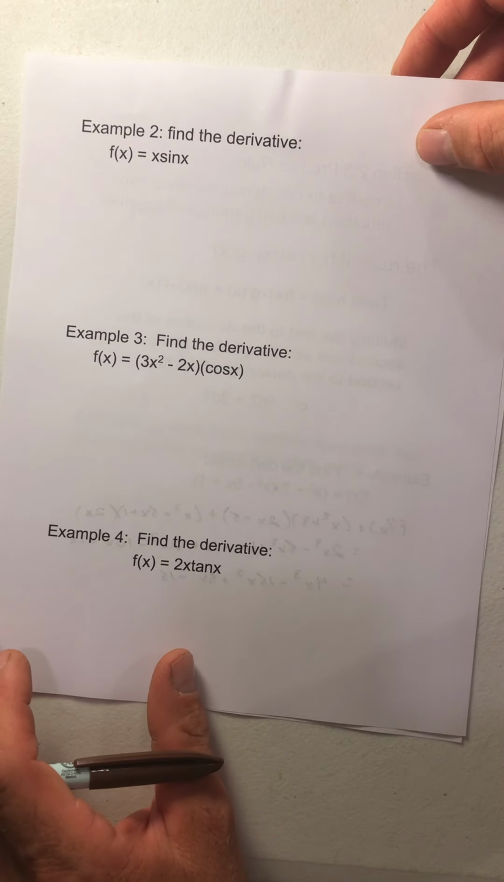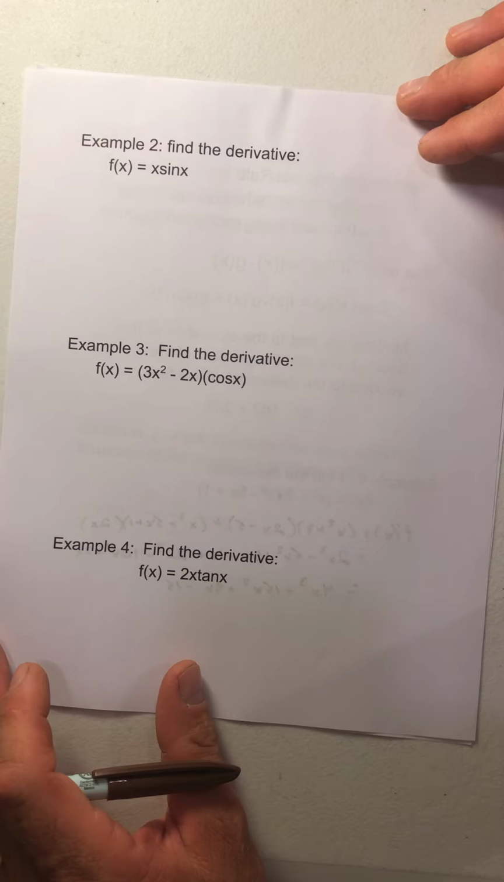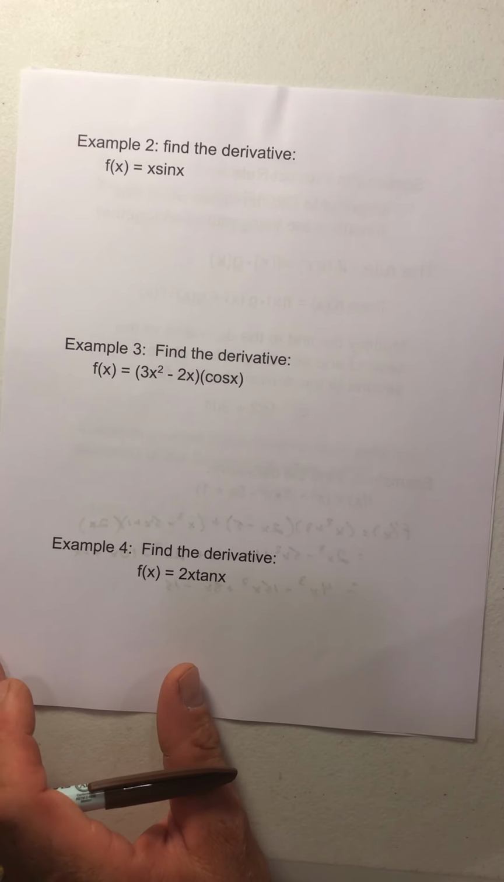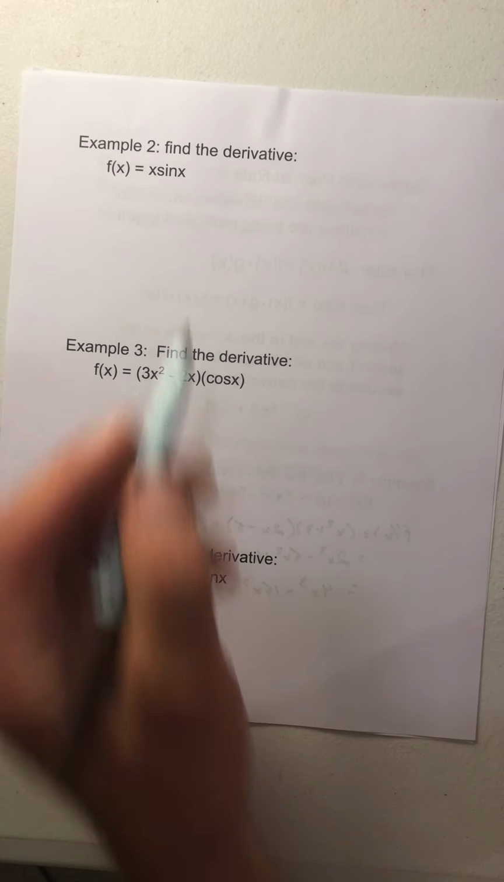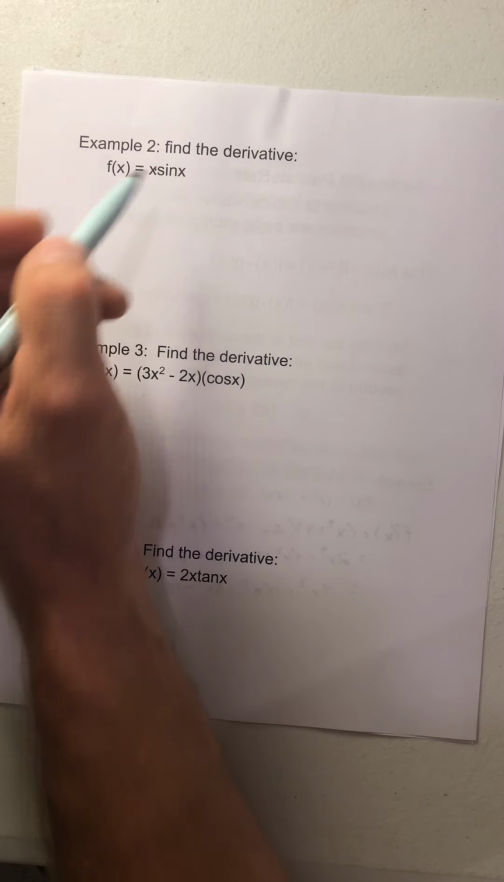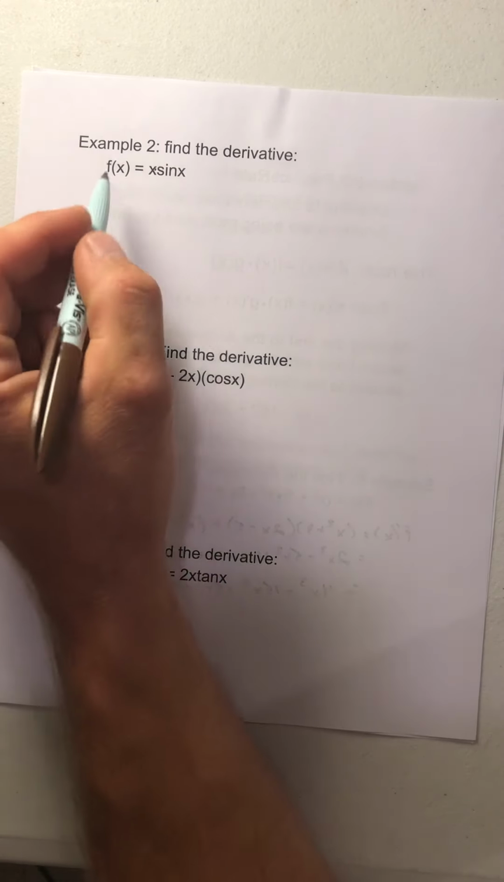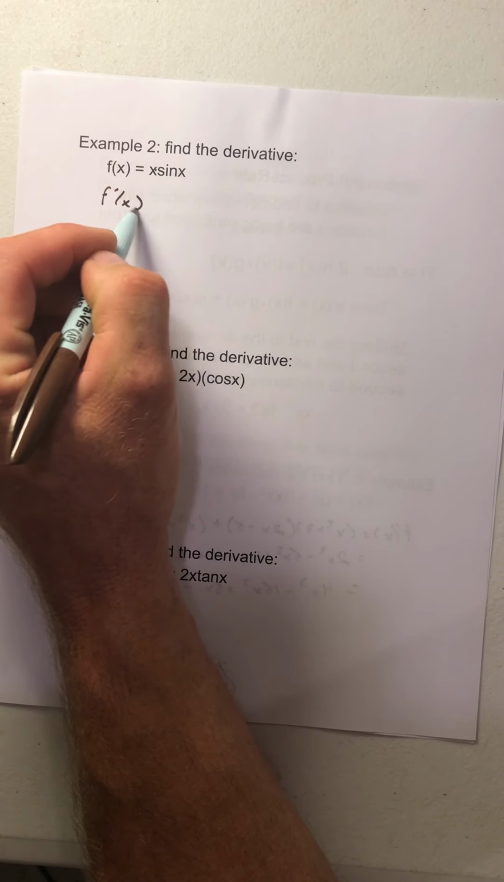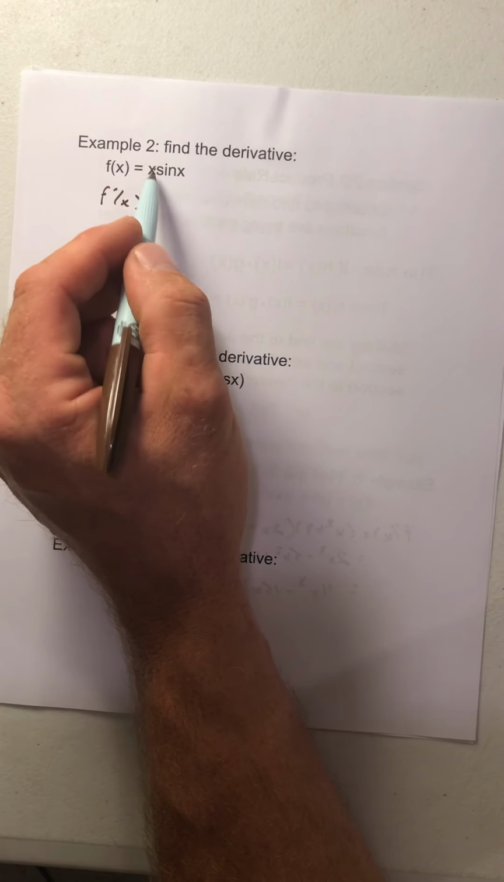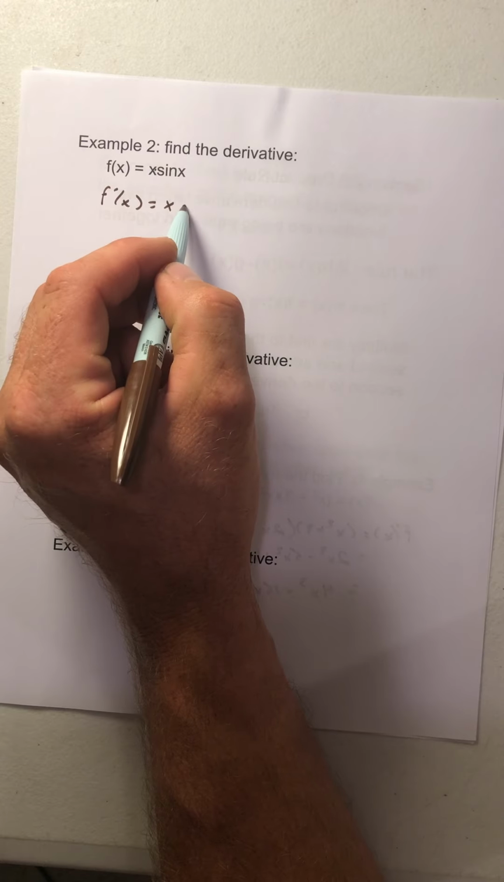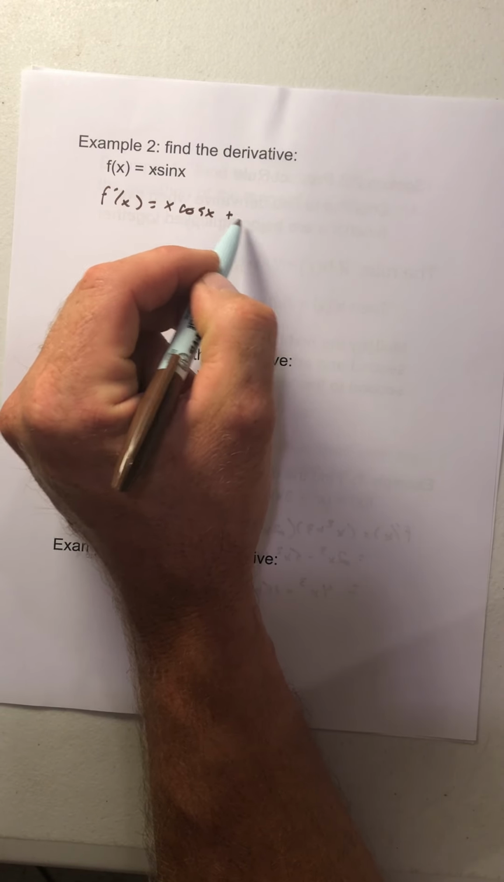So we can go ahead and find example 2 here. We've got the first derivative of x sine of x. So again, we have a product rule. We have x times the sine of x. We're multiplying two things together that have variables. So our first derivative is going to be the first. So we have x, derivative of sine of x is cosine of x,